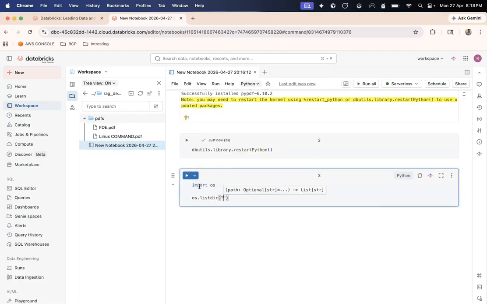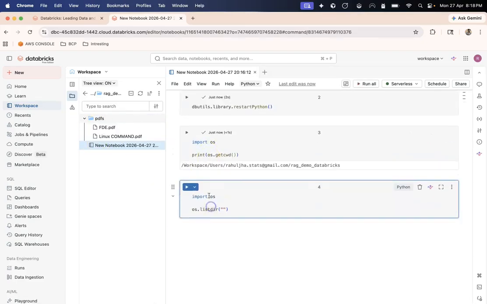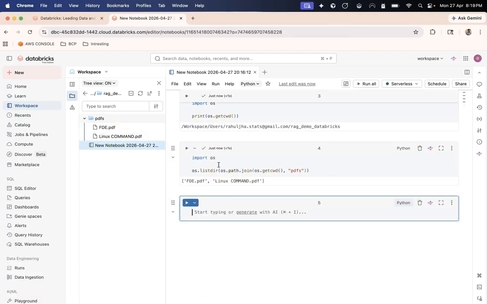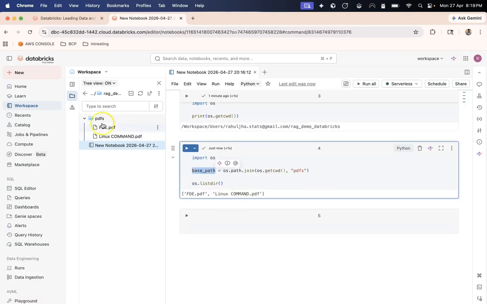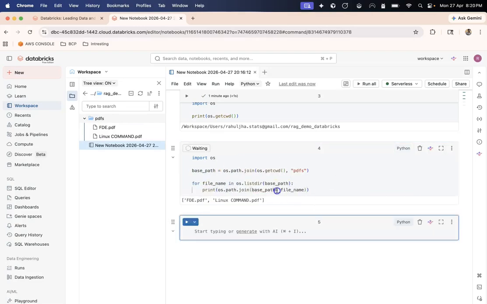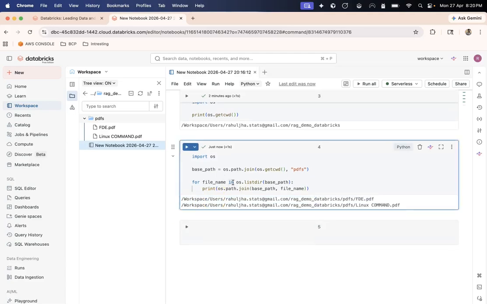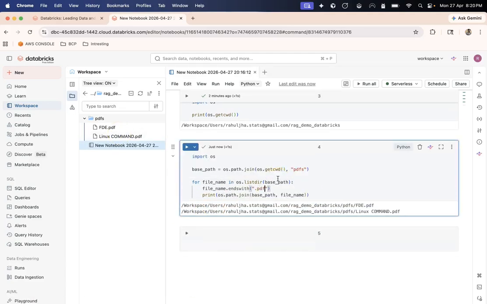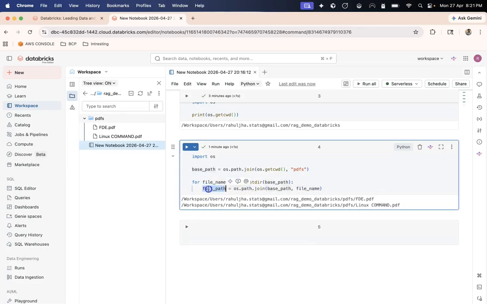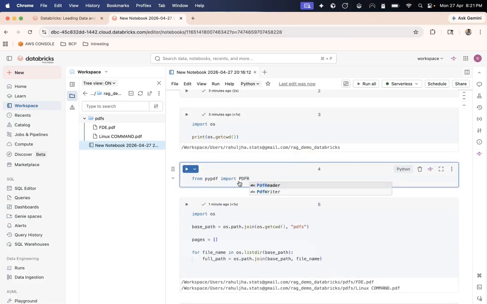Now, this is not a fancy production level system, I agree. It does not have too many abstractions. This is just a foundation. Once you understand this, you can later replace the manual retrieval logic with an actual vector database, add MLflow, use Unity Catalog, create APIs, build a chatbot, or turn this into a real enterprise-grade document question answering system.